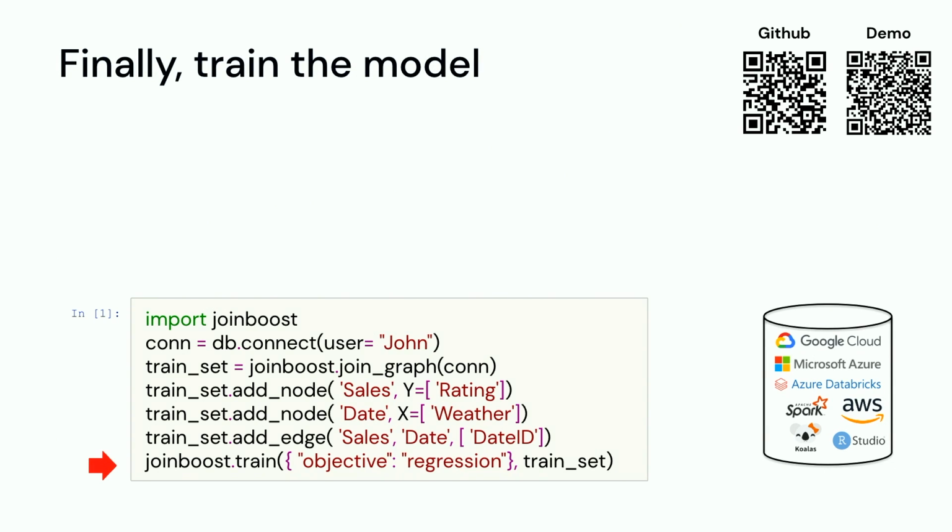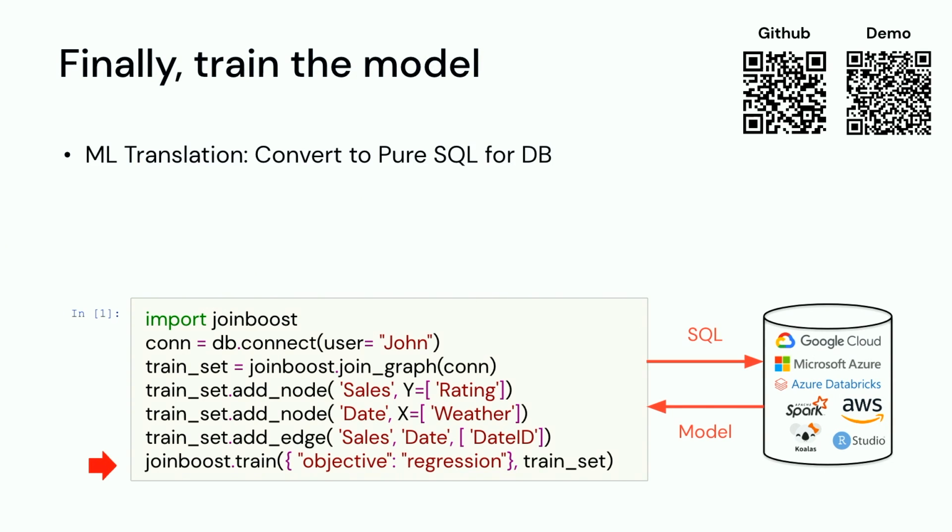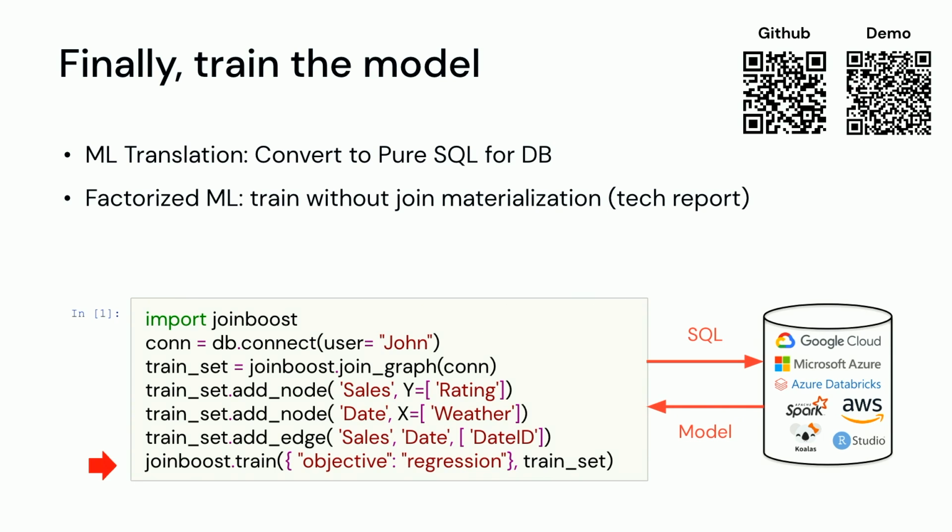And finally, we go to the training phase. As I mentioned before, JoinBoost translates the machine learning algorithm into SQL queries, so the training can be simplified down to executing SQL in databases. And we apply a lot of optimizations to speed up performance. The crux of this is a technique called factorized machine learning, which does these translations over the join, but without actually materializing the join. This part is more technical, and you can refer to the details in the technical reports in our GitHub